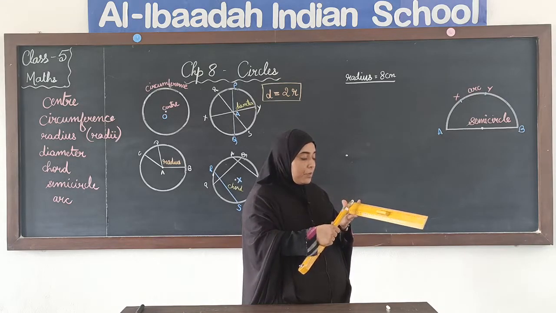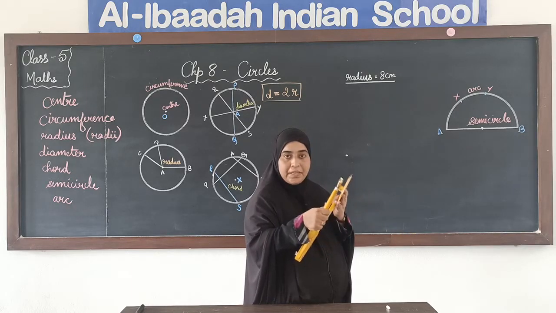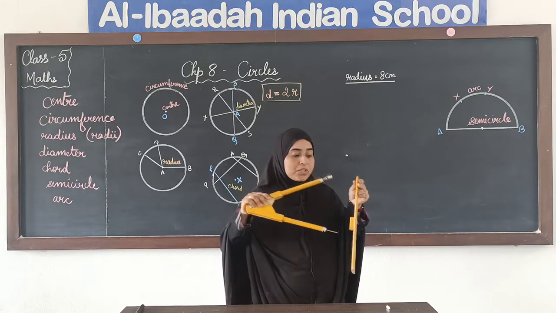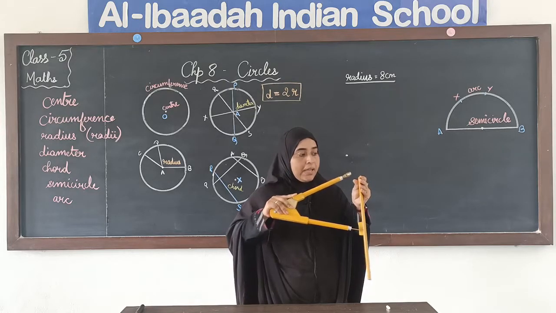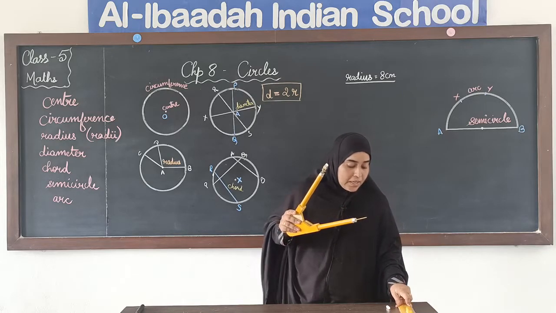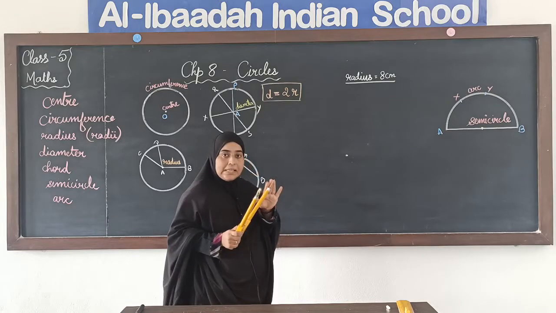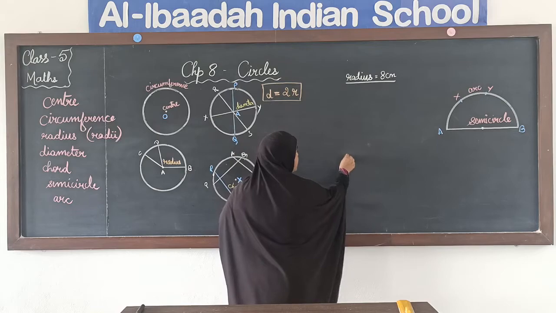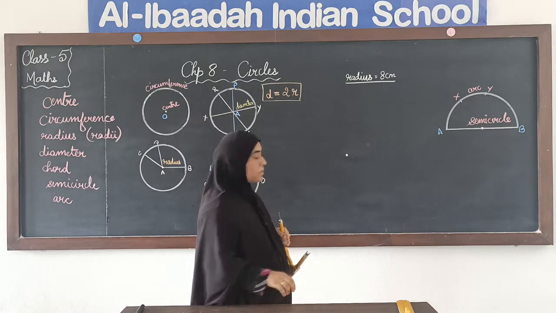So now here I am going to measure 8 centimeters. I am measuring 8 centimeters on the compass. I have used the scale to measure. Open your compass accordingly and mark 8 centimeters. Fine, measure 8 centimeters on the compass. Now when we draw the circle, the metal end will be at the center of the circle. I have marked the center over here. This is my center of the circle. We have to first mark the center of the circle.